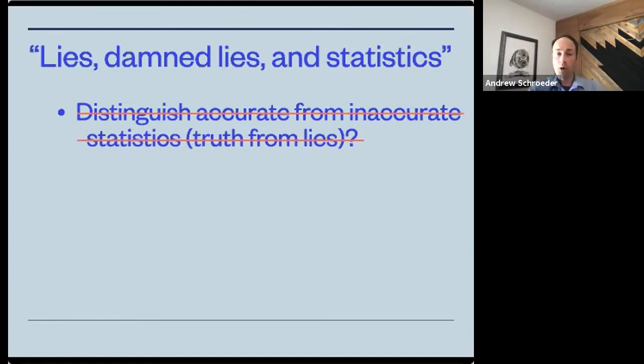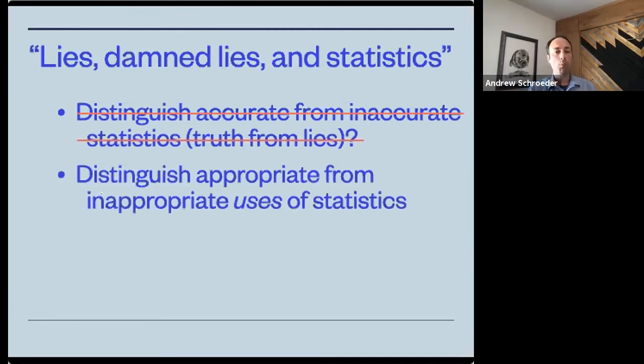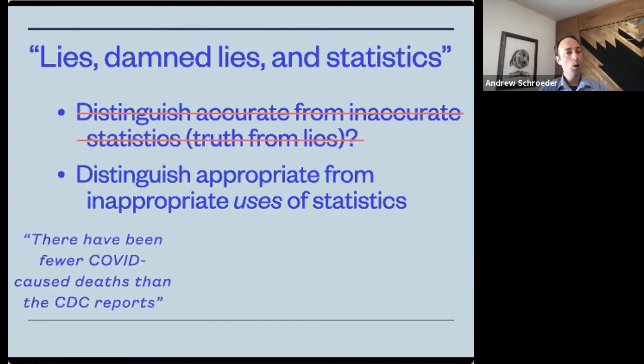What we can do, though, as we just saw, is say that certain ways of measuring things are more or less appropriate for certain purposes or given certain uses, right? And so in the case of the COVID death count, yeah, there are absolutely reasonable ways of counting COVID deaths that are going to end up with a number far lower than what the CDC arrived at. So when people say this, we can't necessarily say that they're making a mistake. They might be saying something true, or maybe there's some problems behind it, but there's not necessarily anything wrong with